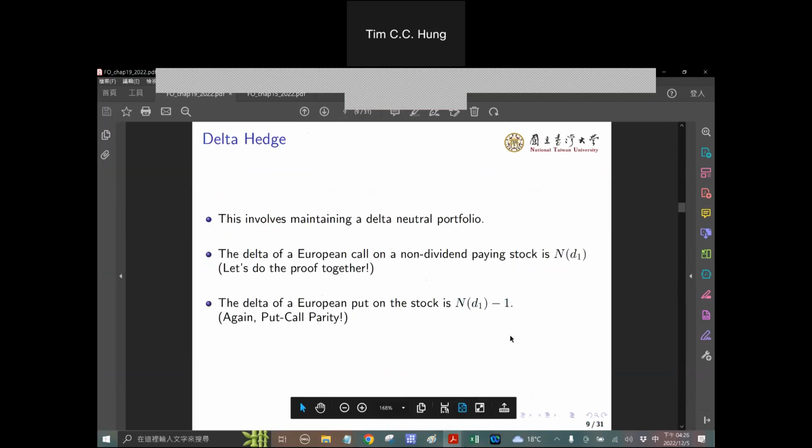We can actually reach this conclusion with put-call parity. Put-call parity is our good friend. Put-call parity says that,